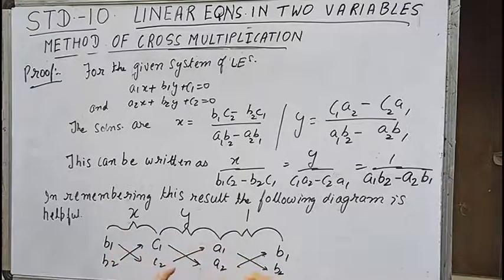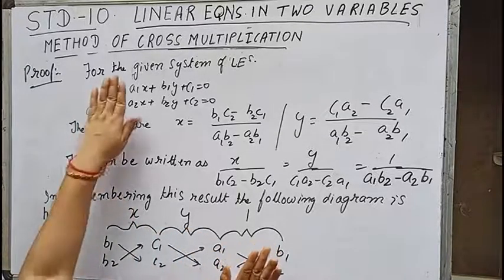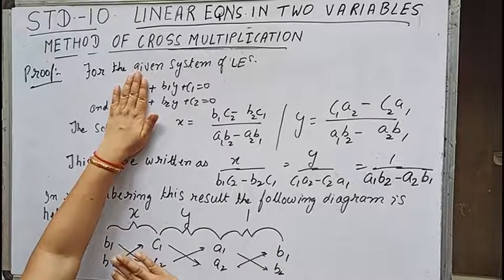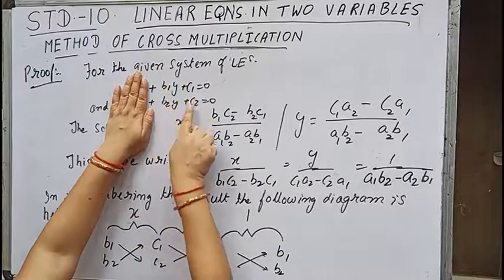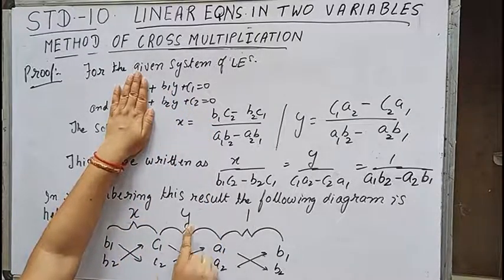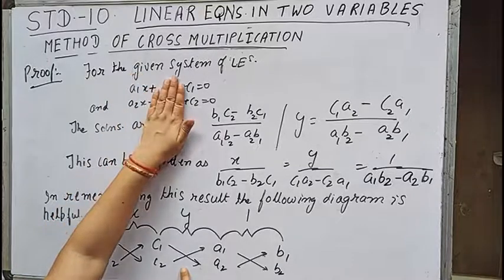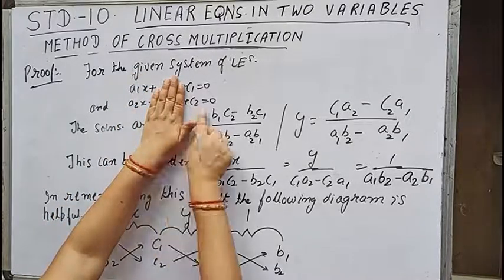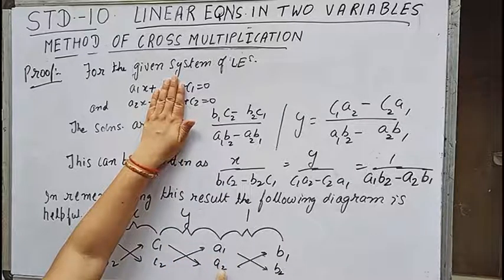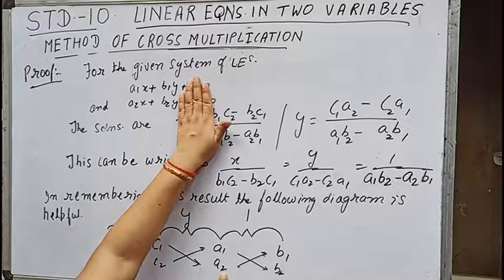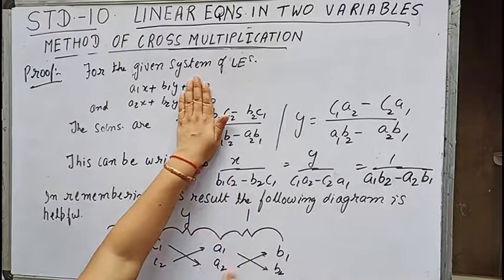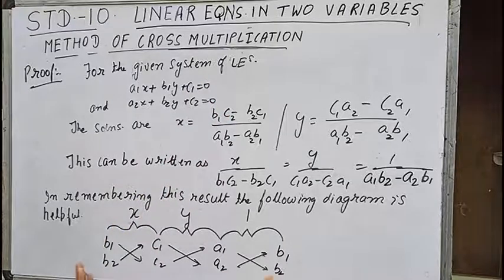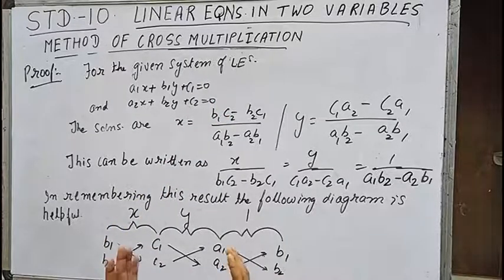Now again, how to remember this? For this, we will write x, y and 1. Now to write below x, I will be hiding this. Whatever are the leftover coefficients, we will be writing them. So left is b1 b2 c1 c2, written. Now to write below y, I will be hiding this. So the coefficients left are a1 a2 c1 c2. c1 c2 is already written, so I will be writing a1 a2 only. Now for the constant term, I will be hiding the constant term. So left over is a1 a2 b1 b2. a1 a2 is already written, so I will be writing b1 b2. So how to remember it, I have explained, children.